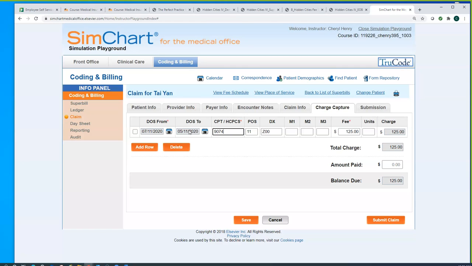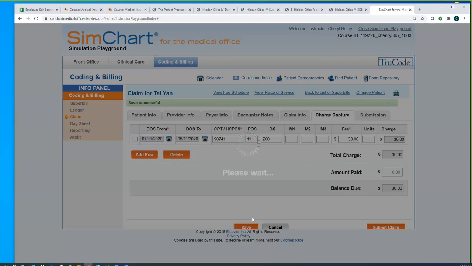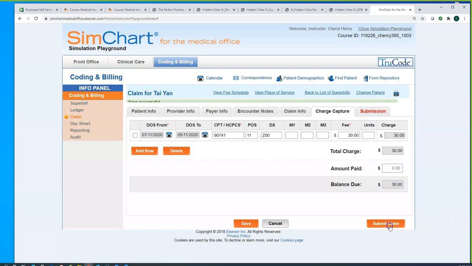I'm just doing this by memory, and I'm not sure if it's right. And we have a diagnosis there that's based on the super bill, and we have a charge here of $30. Let's put that there. And you can see it changes. Once you've done this part of it, you save it, you submit the claim,